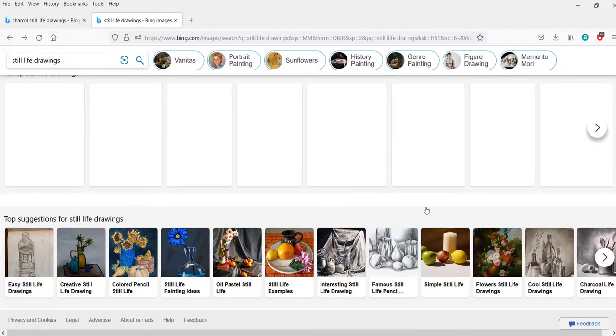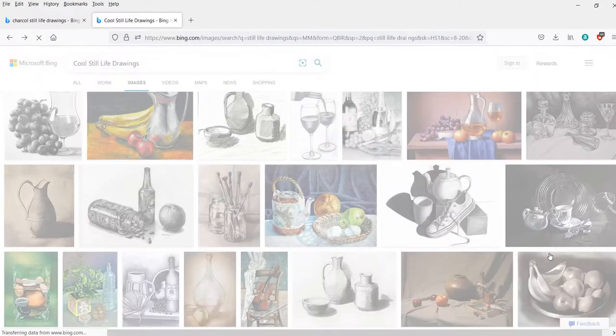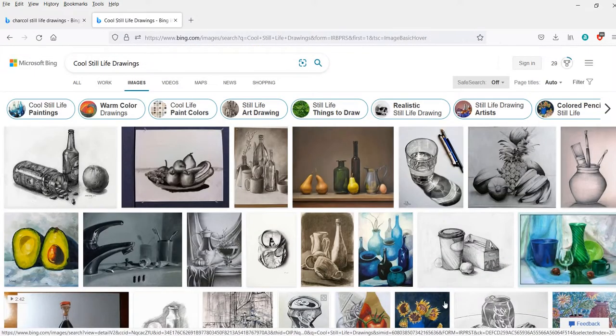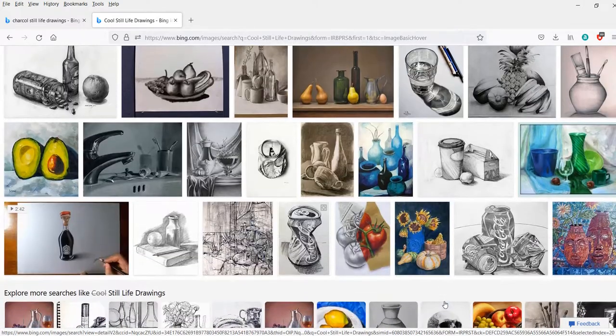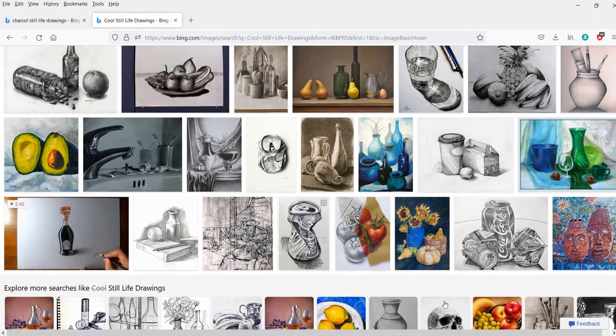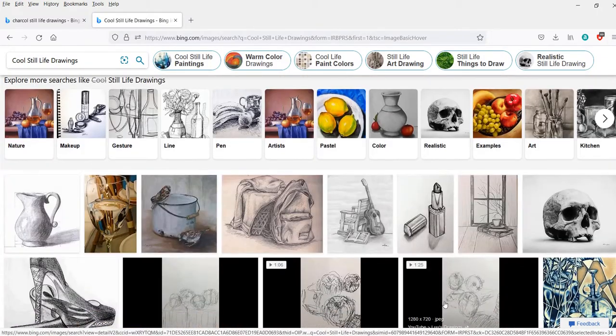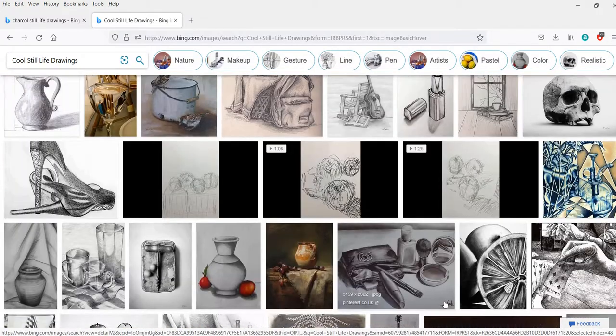So let's look at these. I mean, this goes on forever. You can go in here and get all kinds of ideas on what to draw. I want you to set up something of your own to draw. Now, don't draw something off of here. I've seen these a million times, so I know you did that.